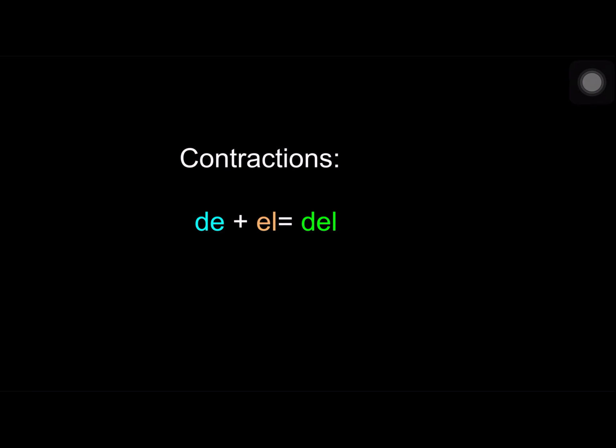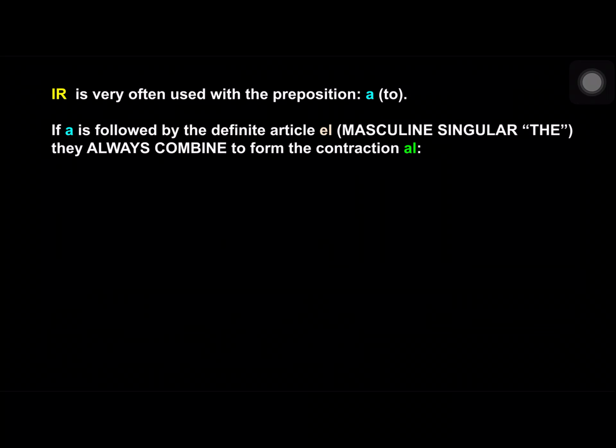When using the verb ir, you also are going to deal with a contraction. We learned about contractions before. You guys remember when we talked about del? Remember, it sounded weird to say de él. That was the first contraction you learned, whenever you had de plus el, you couldn't do those two, you contracted it to del. Well, here's your next one.